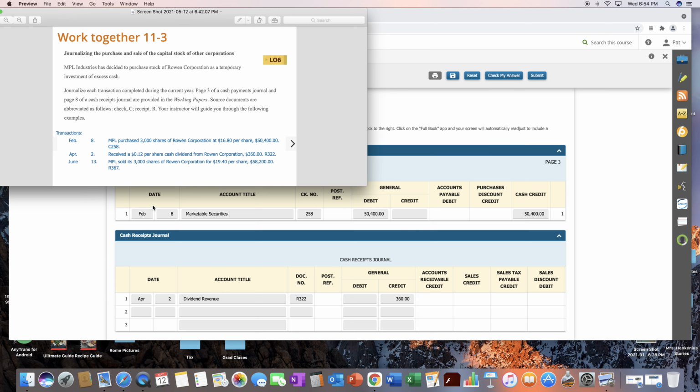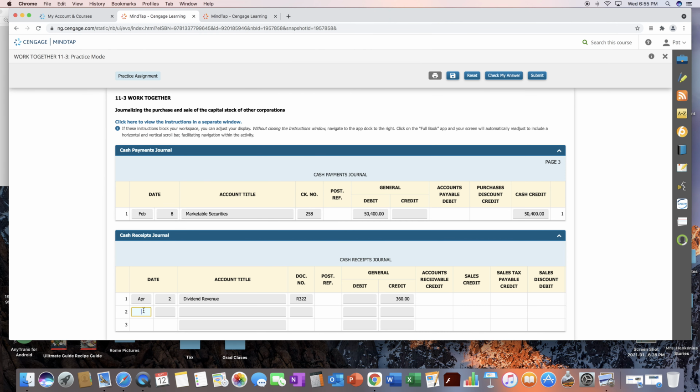Transaction 3, June 13th, MLP sold 3,000 shares of Rowan Corporation at $19.40 per share. So you know it went up, so that's a gain. We got money of $58,200. And we know we invested 50, so we know we're going up. So we know we have a gain, it's June 13th,